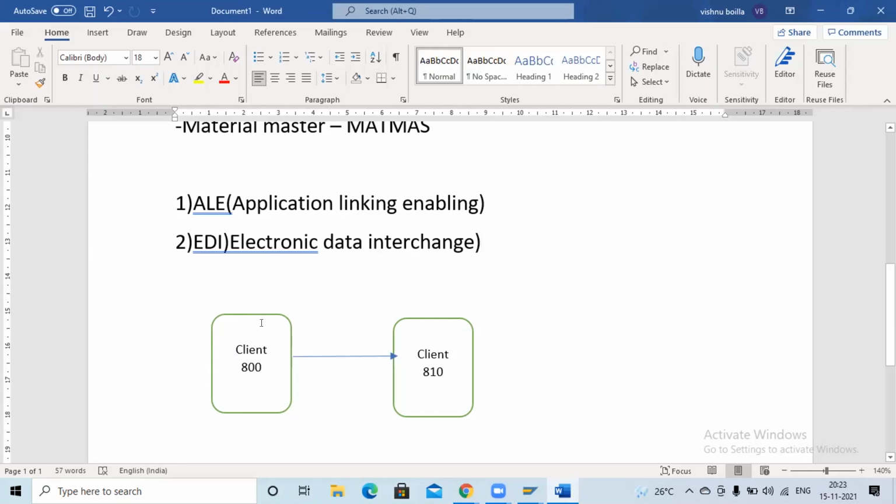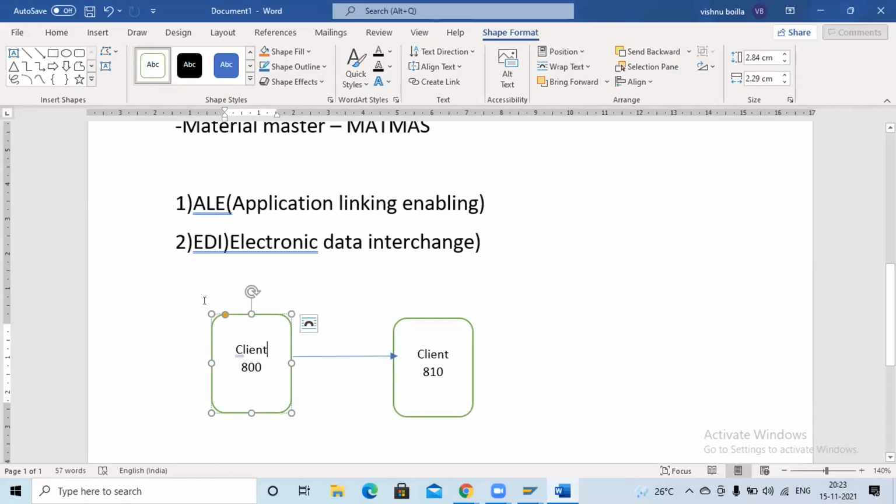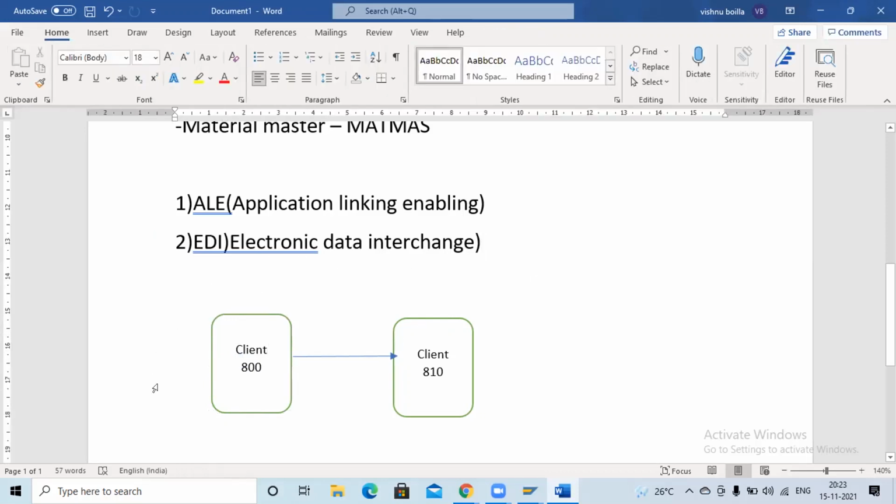The ultimate idea is that I am going to create some data in client 800 and send this information to the other SAP system. So this is one complete SAP system, and this is one more complete SAP system. Now I am sending the information from this SAP system to that SAP system. Is this clear, guys?